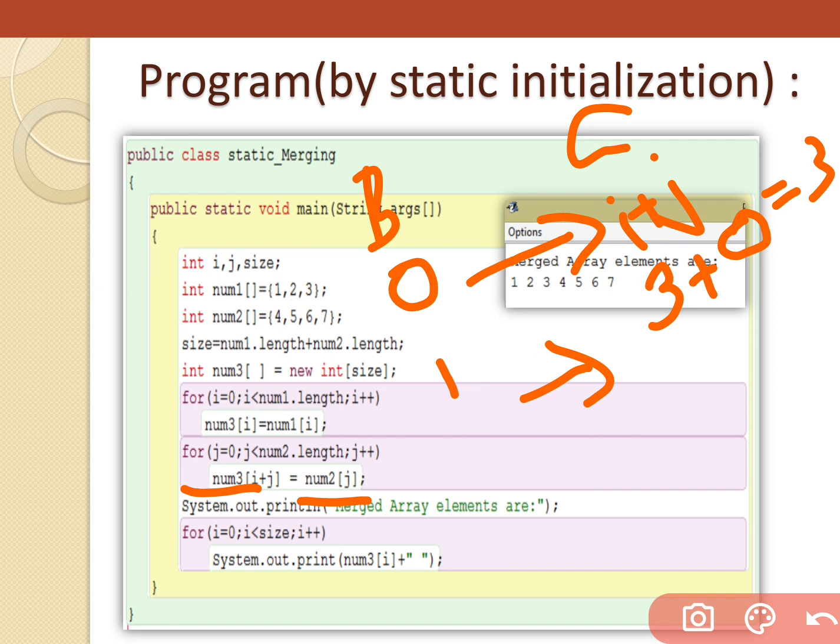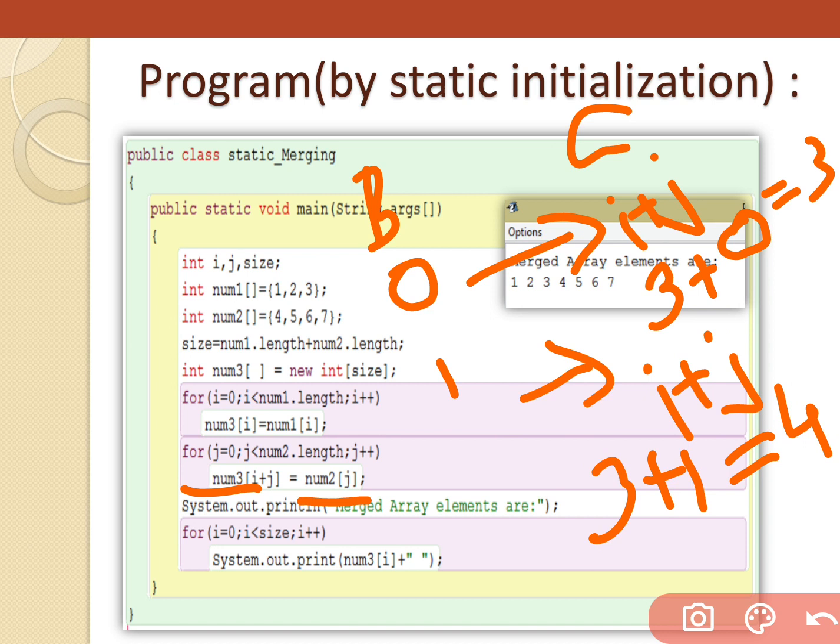If the counting is 1, then I plus j means 3 plus 1, so in the fourth location we store another element.